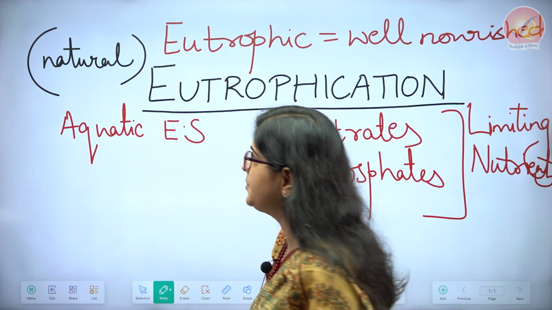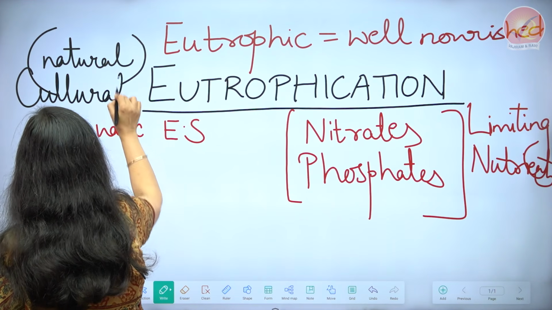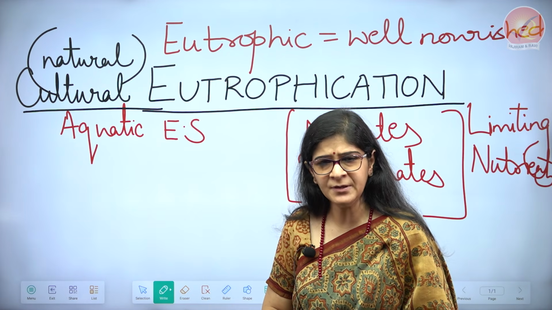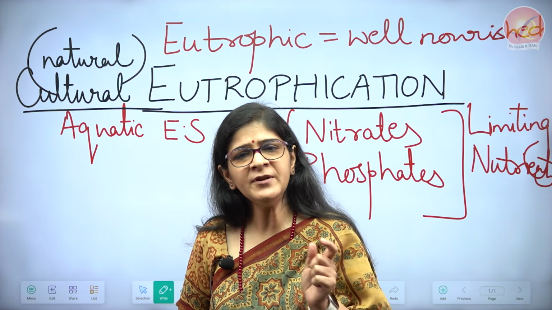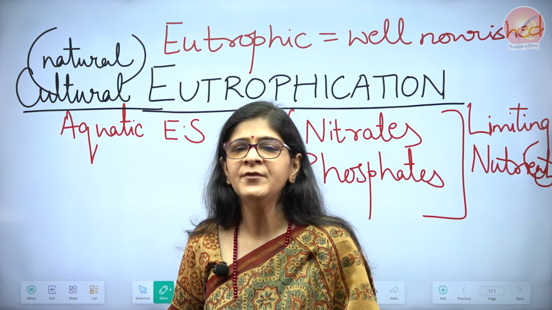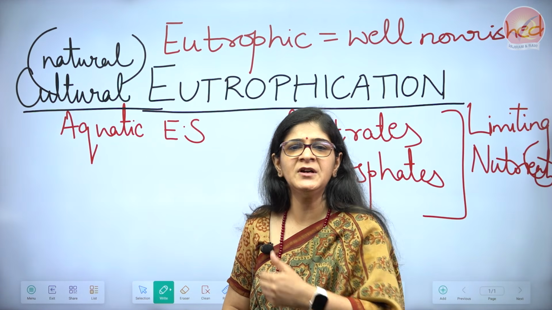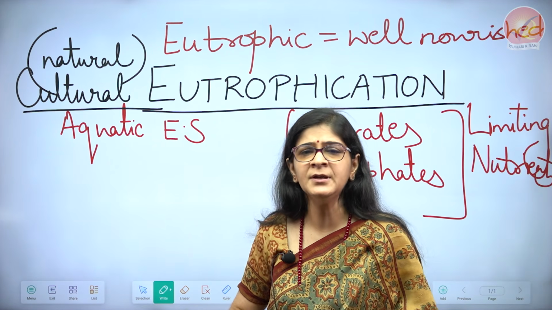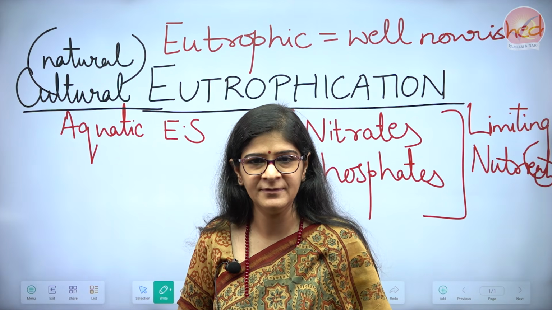and since it's being caused by humans, that type of eutrophication is also known as cultural eutrophication. And cultural eutrophication, after the Industrial Revolution and after the Green Revolution per se, has become so common that we don't even bother to use the term cultural to specify that it's human induced. We often call it eutrophication, and it is understood that it refers to cultural eutrophication. So human induced, human caused eutrophication would be more aptly called cultural eutrophication.